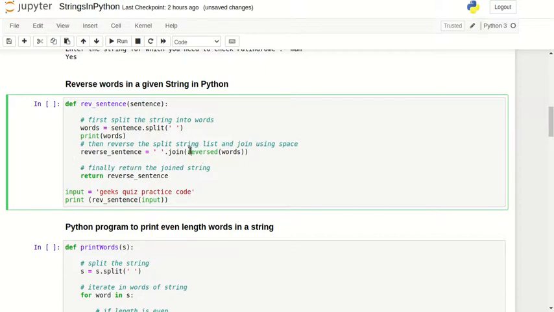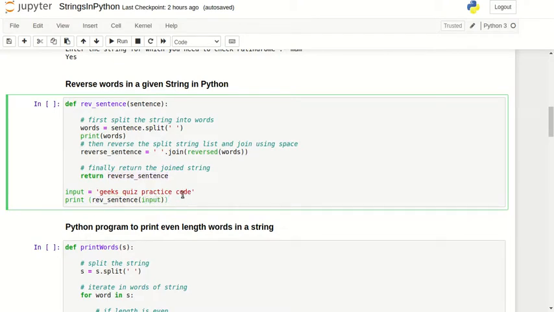This reversed is just a function which does not occupy any extra space, but it will reverse our string or a list, and that we can join with the help of the dot join method. We will join with a space in between all the elements, and then just return the reversed sentence and print the reverse sentence and put in the input.